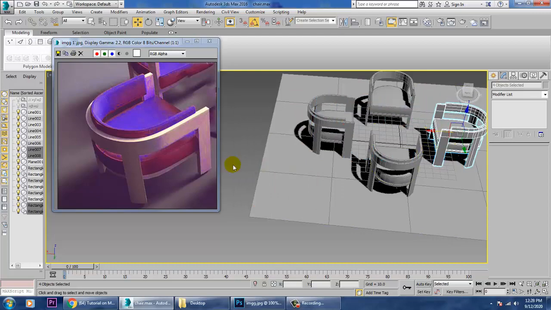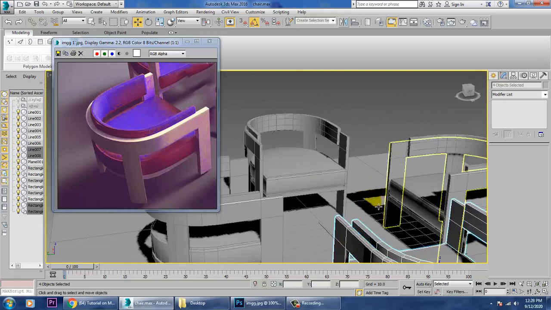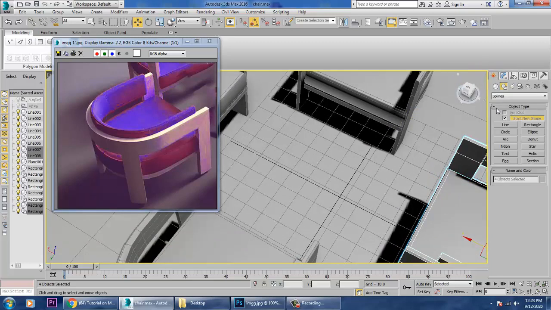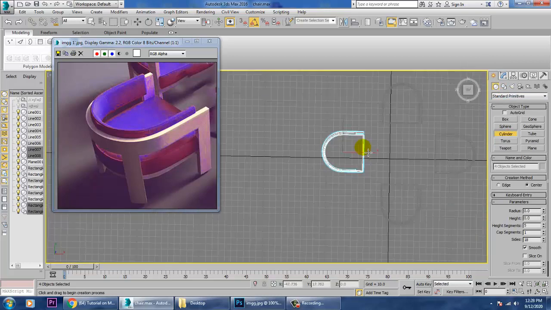So once you're done with this, so now what we'll be doing over here is like we'll be just creating a small table over here. So for creation of the small table, let's take a cylinder right from the top view over here.